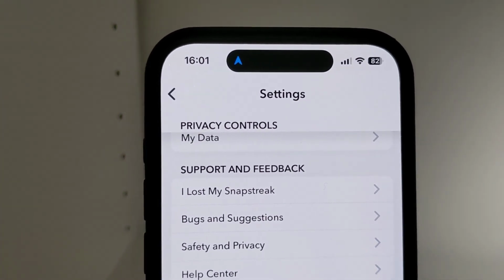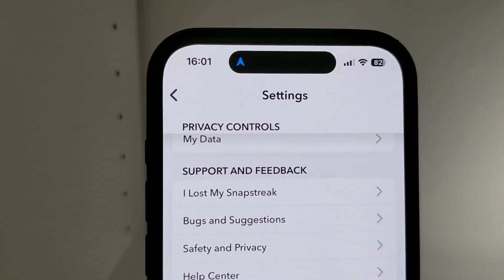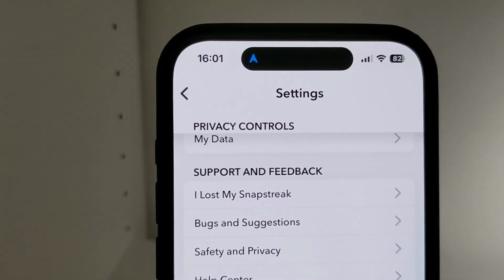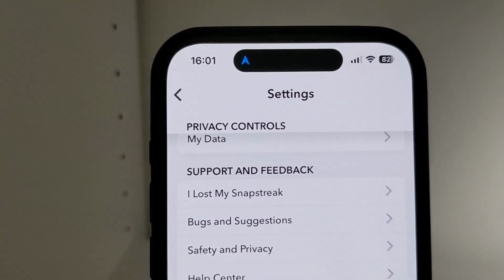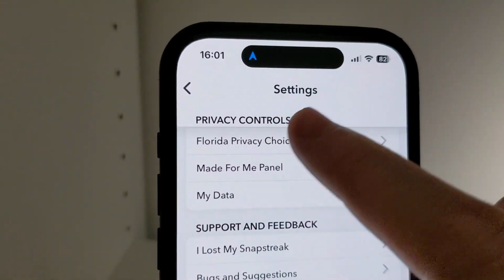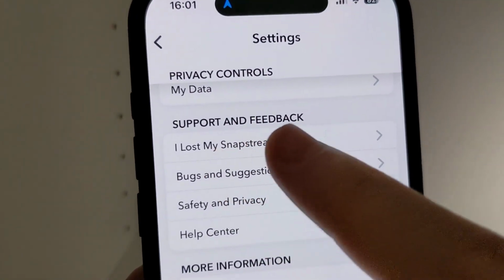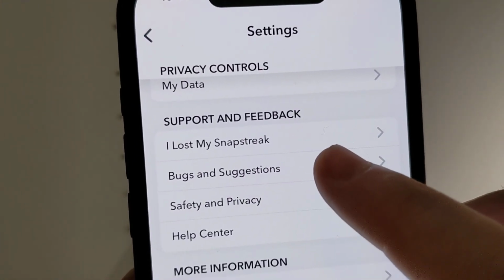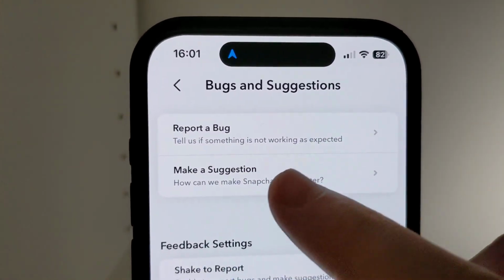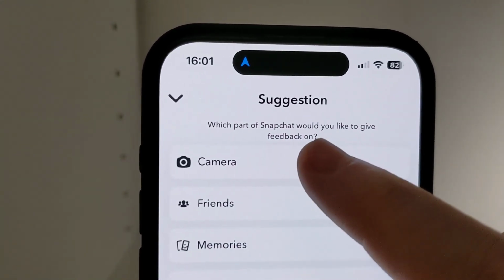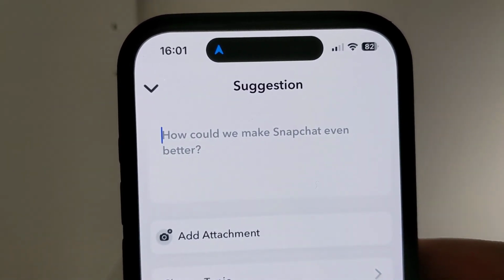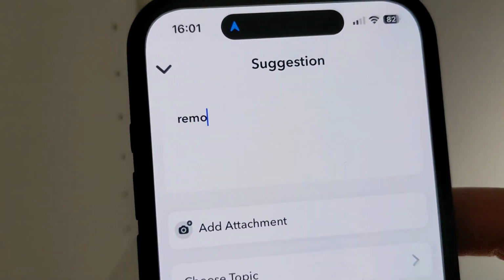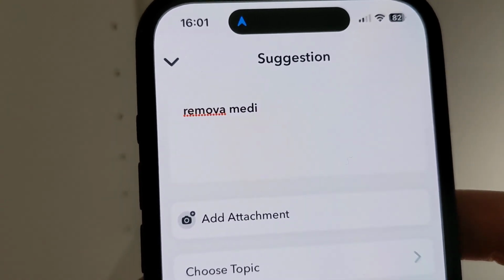In this video I'm gonna show you what you should do to fix the media upload problem on Snapchat. So go to your settings, find support and feedback, click on bugs and suggestions, click on make a suggestion, click on camera. Then, how could we make Snapchat even better? Just type remove media